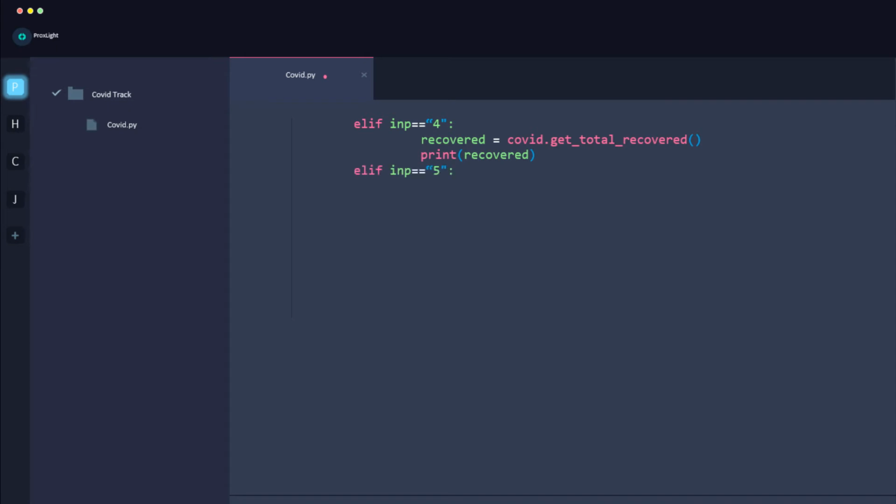Now if he types 5, then it will give you the total number of deaths, and by this function you make sure to watch that whole documentation on their website which says get total recovered, get total death. These kind of functions are there, so make sure to read that whole stuff. And I need to print that death.